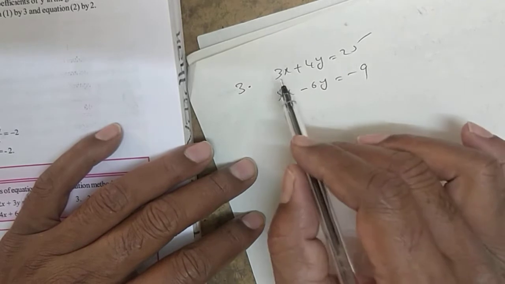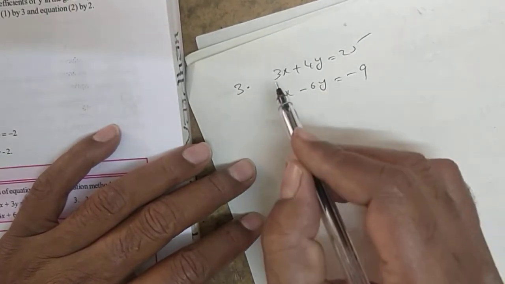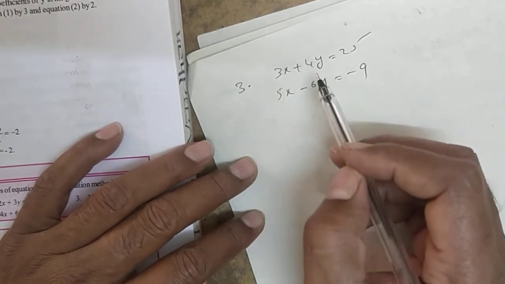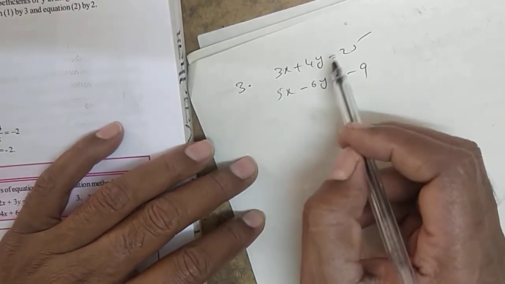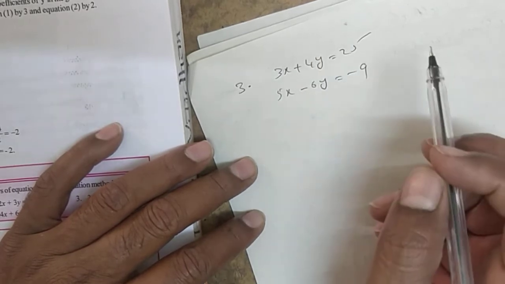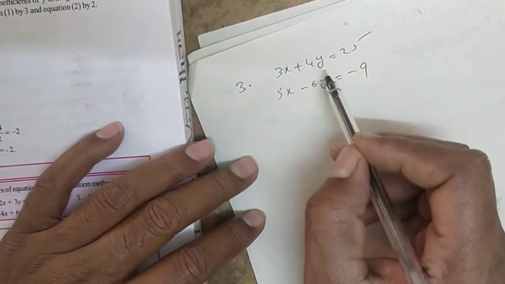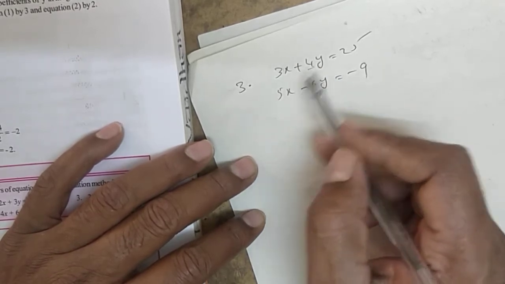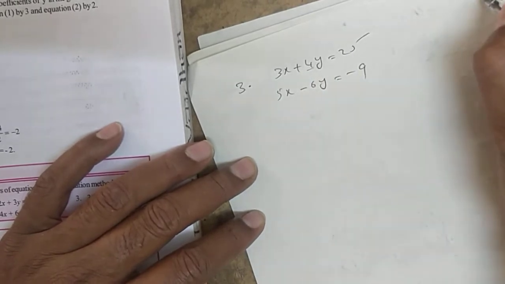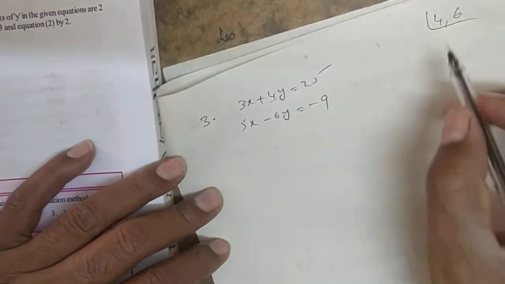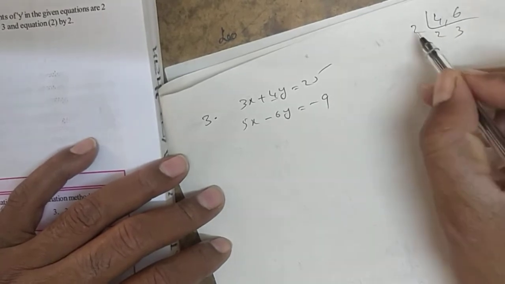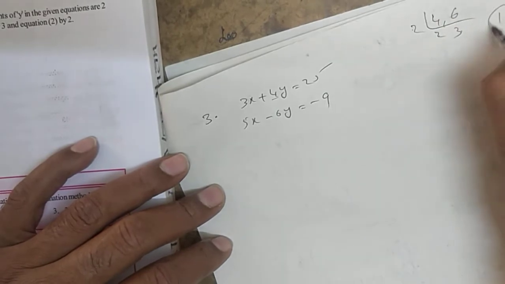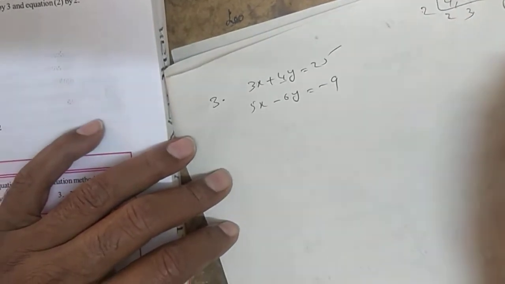That also, see, in my mind, if I want to eliminate x, I have to make x coefficients the same. If I want to eliminate y terms, I should take the LCM for y coefficients. Now I want to make the y coefficients the same. So y coefficients, you have 4 and 6. For the LCM of 4 and 6, 2 2s are 4, 4 3s are 12. LCM of 4 and 6 is 12, we got it. Means y coefficient you have to get as 12.